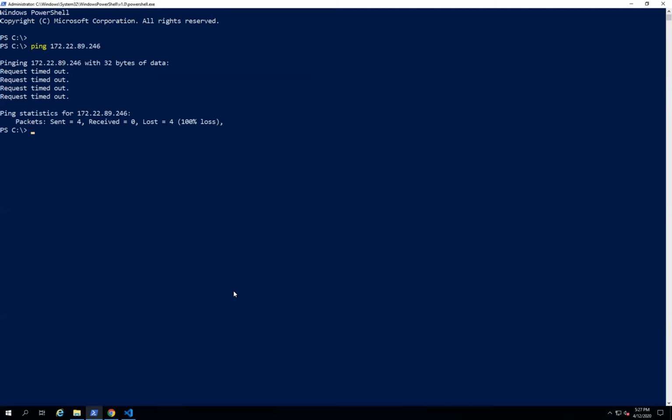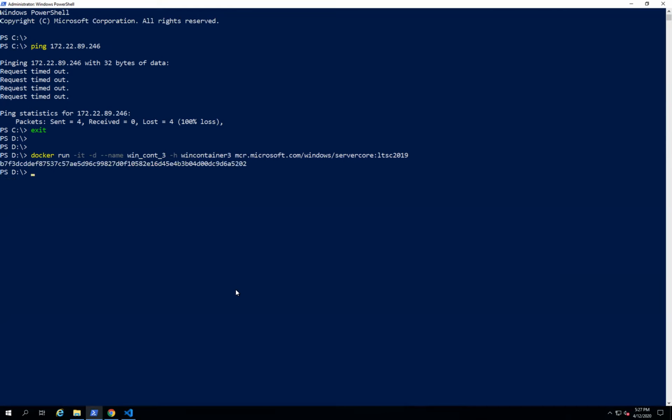All right, let's do one thing. Let's exit from this container, and then let's create one more container in the default network. Container 3, and the name is win_container_3.